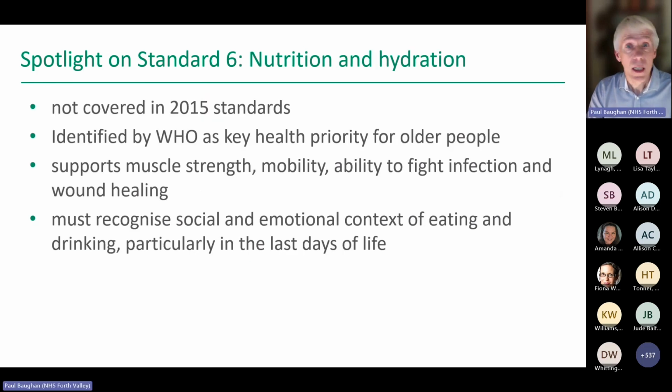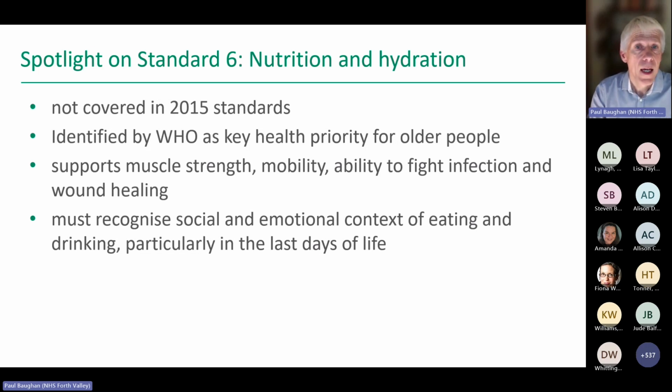Now, Standard 6 is about nutrition and hydration, and this topic was not covered in the 2015 standards, but it's been identified by the World Health Organization as a key priority area for healthy aging. Good nutrition and hydration supports muscle strength. It supports mobility, our ability to fight infection and wound healing,